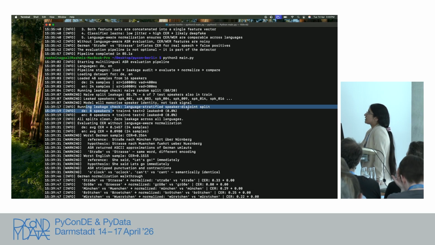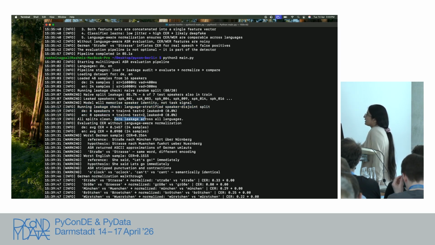Basically, it wants to make sure that a speaker-disjoint split happens, so that none of the speakers are in both the test and train samples. You create heuristics, p-values, all these mathematical heuristics. You want to ensure that there is zero data leakage across different languages.